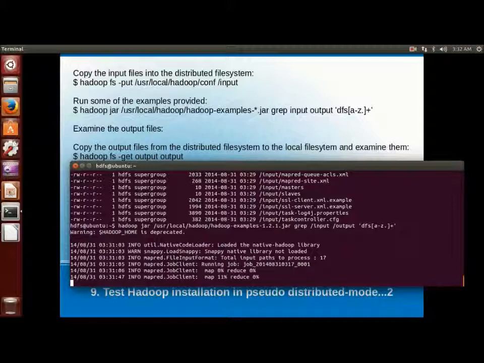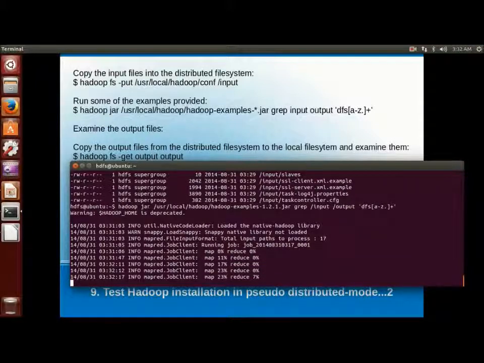It will not run the program if the output directory already exists. We haven't created this output directory so far, so it will be created by the MapReduce job from this example Hadoop jar.